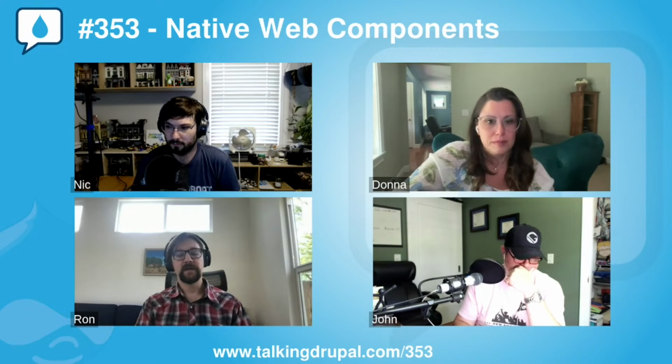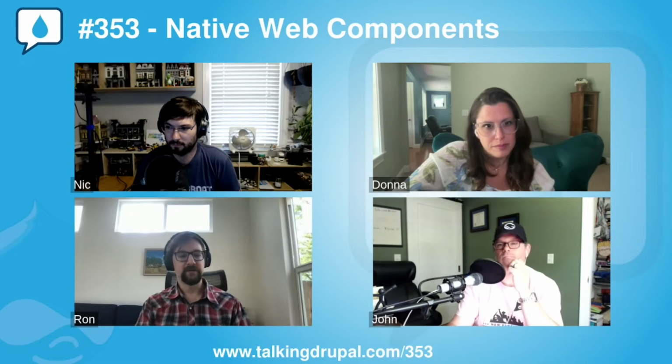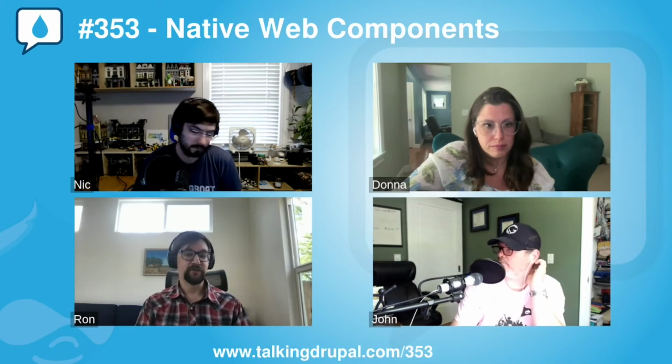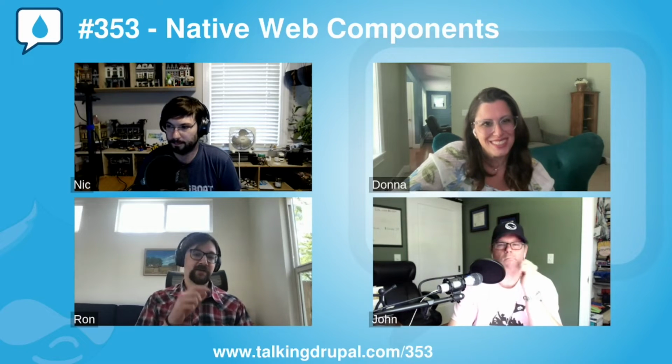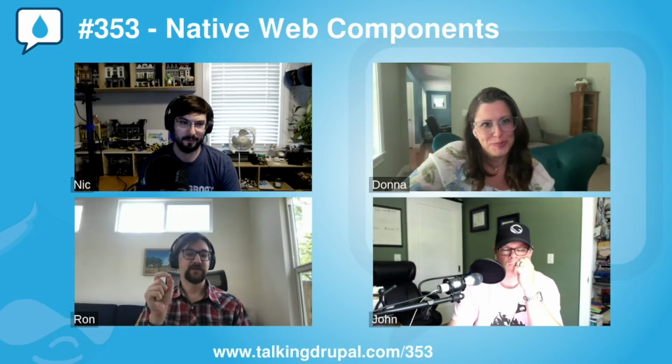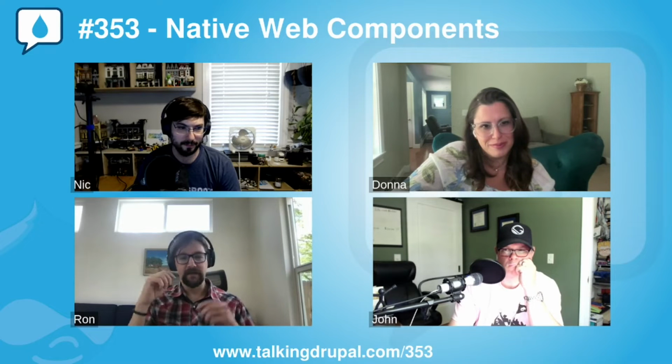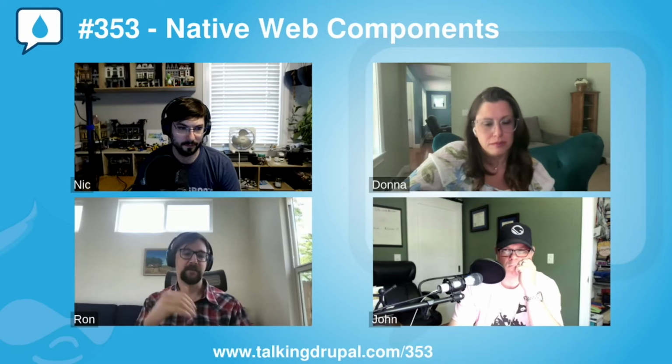So for folks who may not know, in HTML, of course, you have elements like a paragraph or an anchor or unordered list or something like that. So what the custom element spec allows you to do is to create your own elements that do not actually exist. So you could create a talking Drupal element. And you might say, I have a talking Drupal element and it has an attribute of episode. And so if I do talking Drupal episode, what's today? 353. 353. Then your custom element could then render like a little player or something with that specific episode.